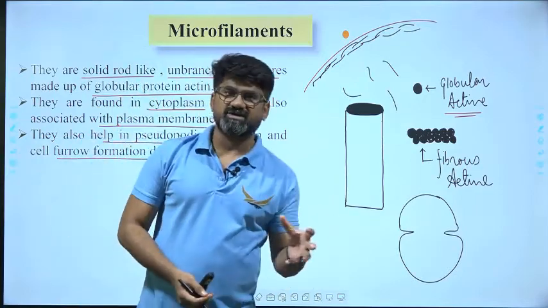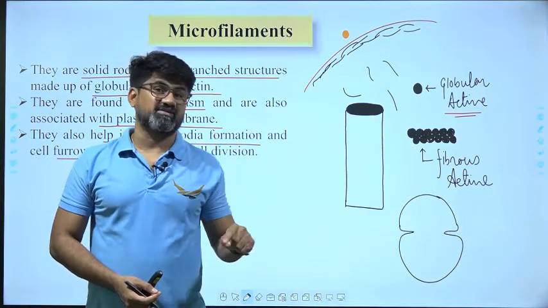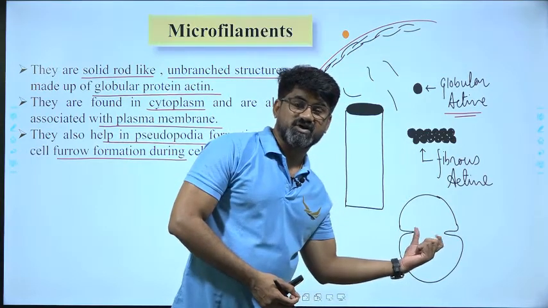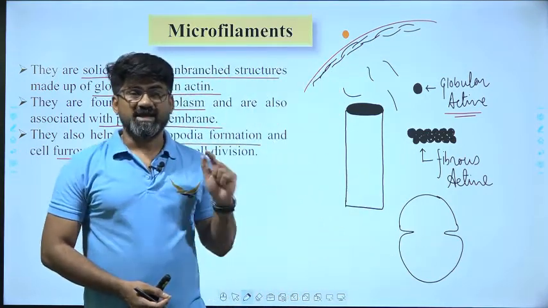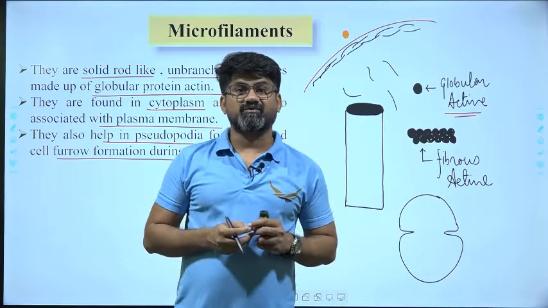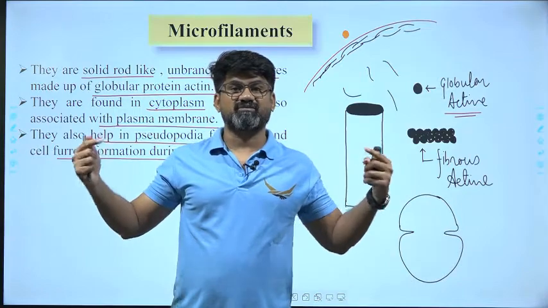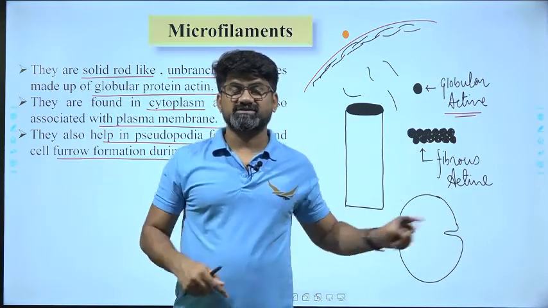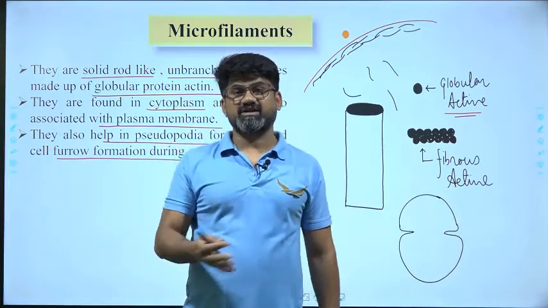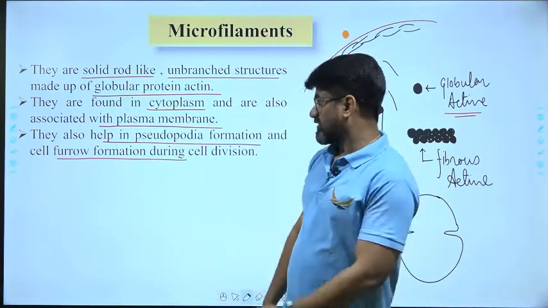Cell furrow formation takes place at the time of cytokinesis, whenever we are talking about the cell division of animal cell. ऐसे ये दो साइड से मैंने डेवलप किया है, दैट इज नथिंग बट द स्टार्टिंग ऑफ द साइटोकाइनेसिस प्रोसेस व्हिच डेवलप्स व्हाट, सेल फ्यूरो. In case of plant cell there is a cell plate formation. So cell plate formation and the development of that plate is from center towards the periphery. In case of animal cell, cell furrow development is from periphery towards the center. In case of cell plate, from center towards the periphery. As we know that the cell plate is formed by the phragmoplast, and the phragmoplast is nothing but fragments of ER and the Golgi complex, right?